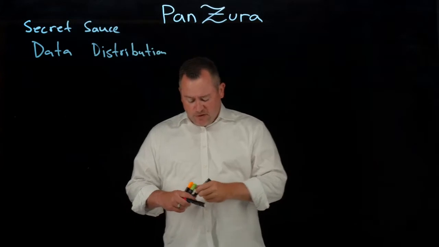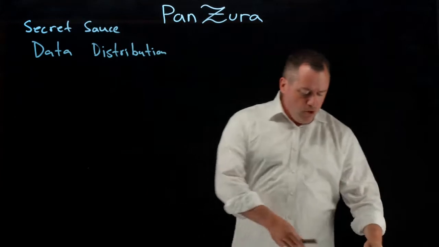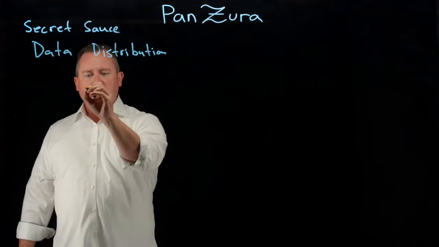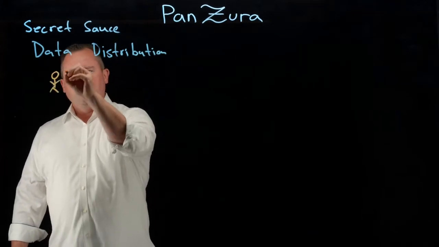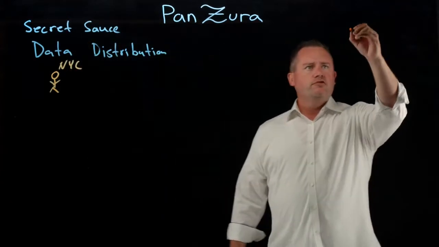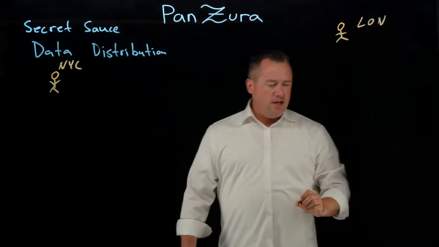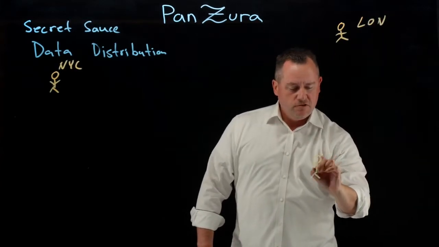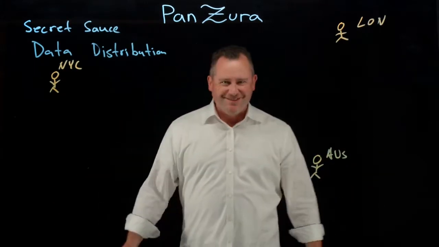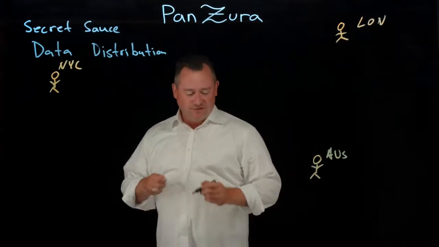Let's back up for a second. If you think about what Panzura does, we are a global cloud-backed file system. So what exactly do we mean when we say that? Well, first of all, global, I mean global. For example, you could have a user over here in New York City. You might have another user over here in London. And you might have a third user over here in Australia. Now we can have as many users as you want in as many locations as you want, but my whiteboard has a finite space, so I'm going to stick with 3 for the purposes of this drawing.